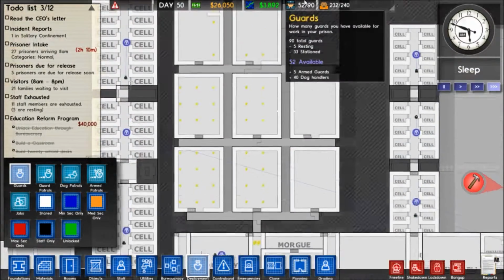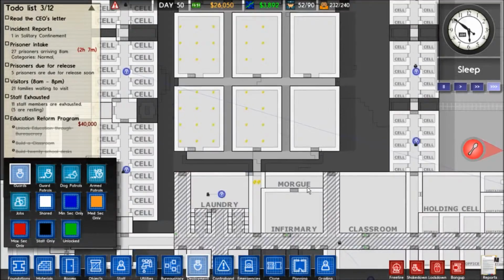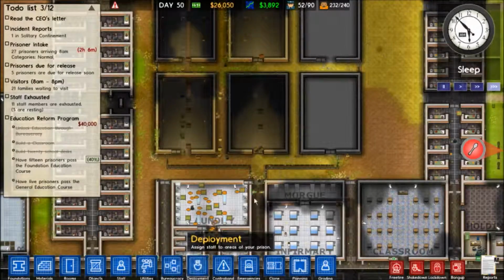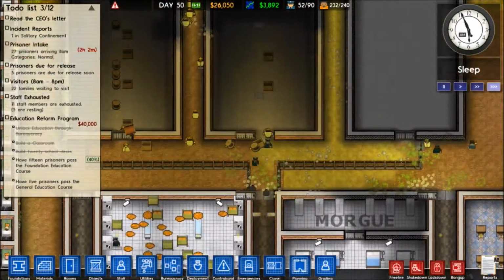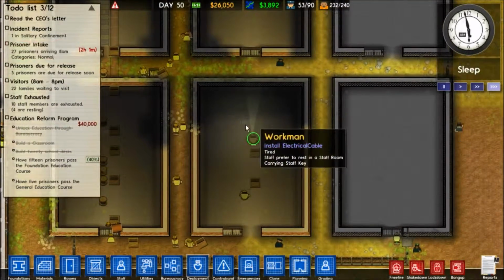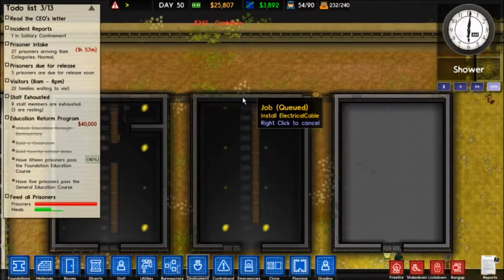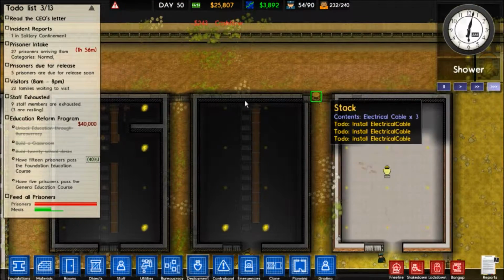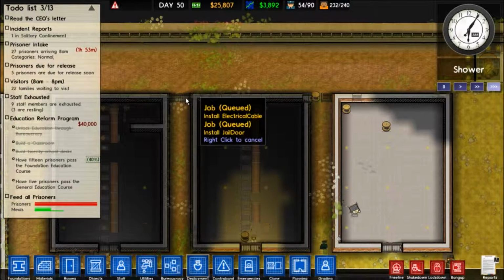What we're going to do now is just check that everything around here is still staff only, and it looks like it is, which is fantastic. Awesome. Right, we're also in the process of wiring everything in. As you can see, there's a few wires that are still missing going down this main section and along this top bit. Apart from that,